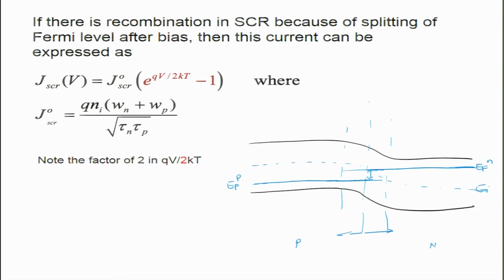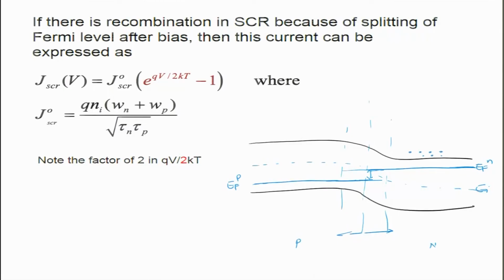Now, if you have a certain split of Fermi level due to applied bias, and the fact that you have electrons migrating from one side to another and holes migrating from the other side, there is always a possibility of recombination within this region. Okay. So, when you have electrons going from here to here, holes going from here to here, there is a certain amount of recombination in the space charge region, and this space charge region recombination gives rise to what we call the space charge current, which we ignored in the p-n junction dark analysis earlier.